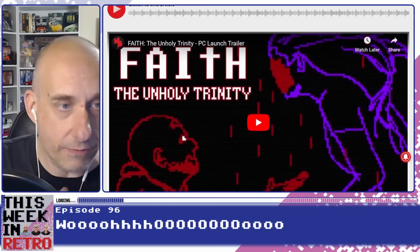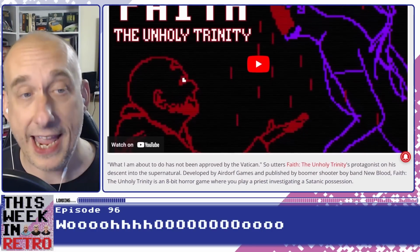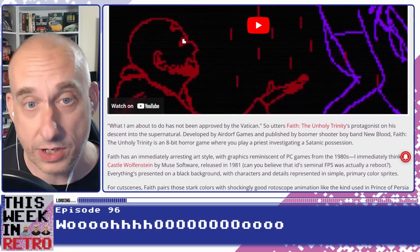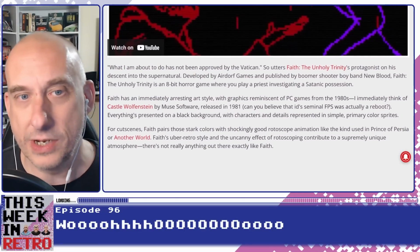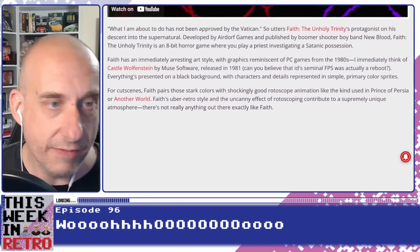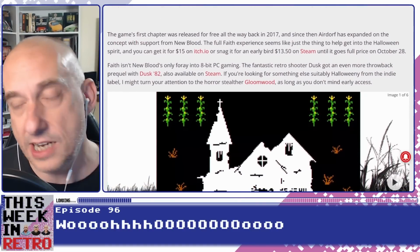So I guess that's why they've gone for the retro look and feel as well. Chapter 2 came out in 2019, as far as I can tell, and Chapter 3, hence the Unholy Trinity, is being released on Steam and GOG just in time for Halloween this year. It's described on Wikipedia as having a graphic style similar to an Apple II or an Atari 2600, but I've had a look at the videos and the trailer, and it looks to me more like a Spectrum or a C64, and especially in terms of the